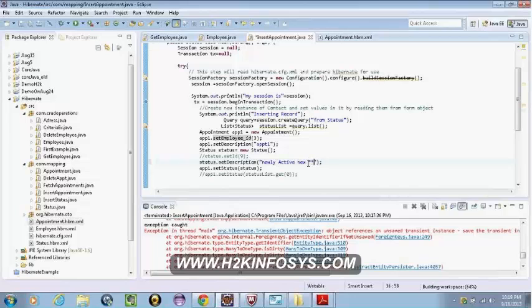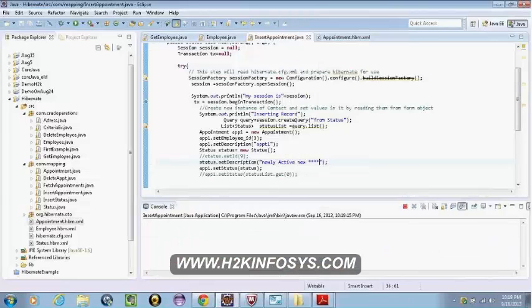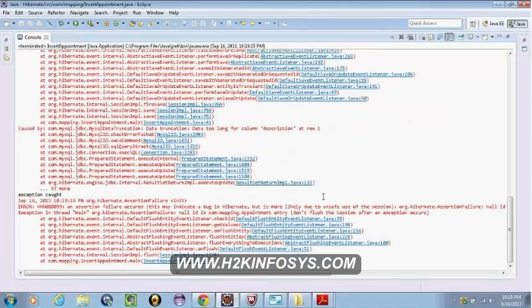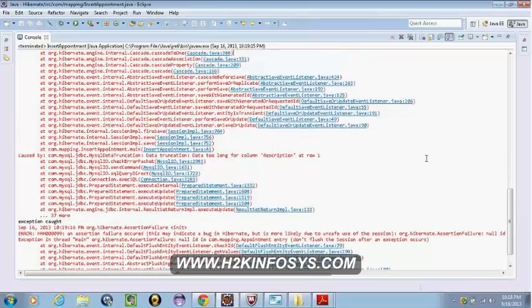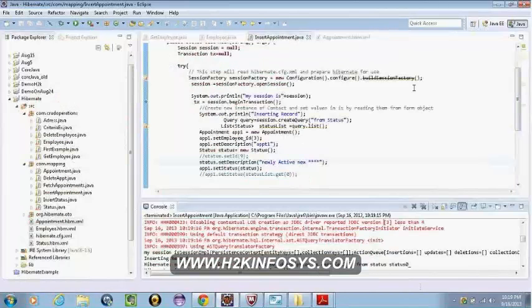Now when I say cascade is equal to all, it inserts into the status table also. It executes. There is an insert in it, and there is an appointment, right? Now, as for the auto increment, I think it's 9. So we have a status. It's 9, right? And the same thing, whatever I executed here, when I try to execute here now, it works.